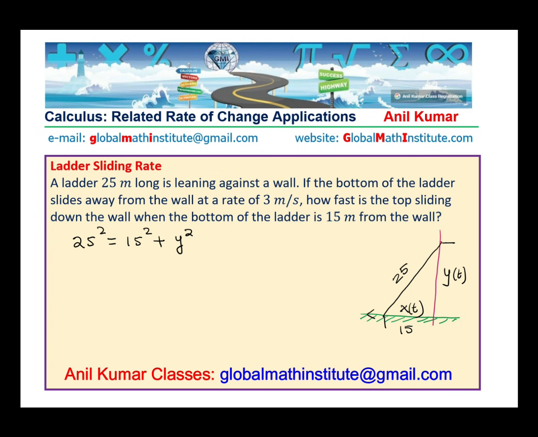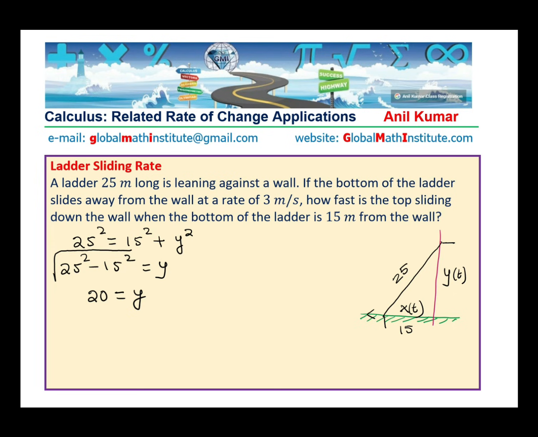Now in this particular case, y is the square root of 25 squared minus 15 squared, which is equal to 20. So the value of y is 20 at the instance we are trying to calculate the